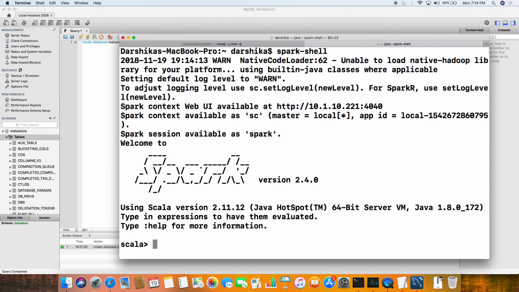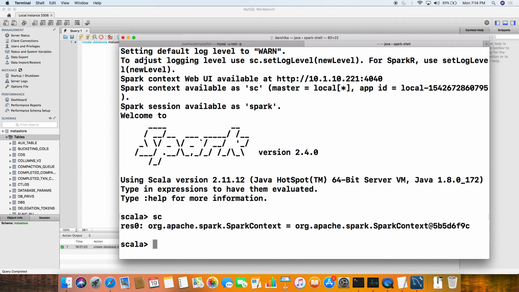So Spark installed, right? Is your Scala available now? val s equal to